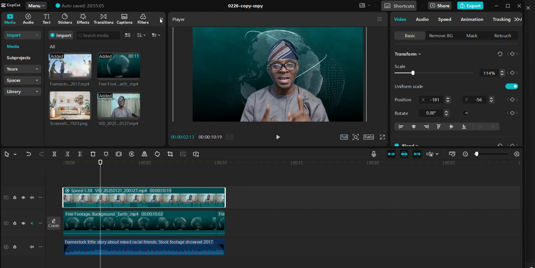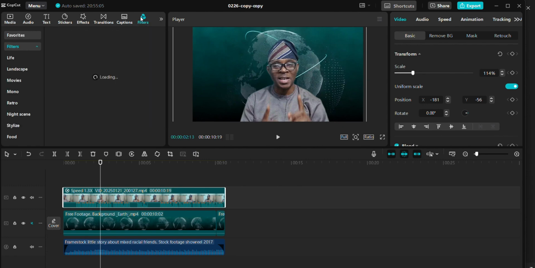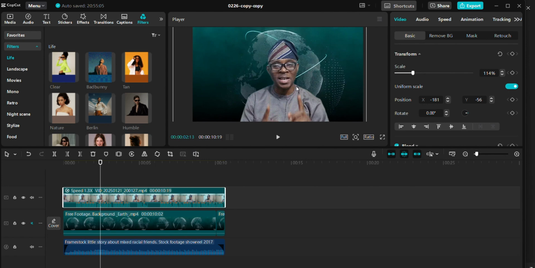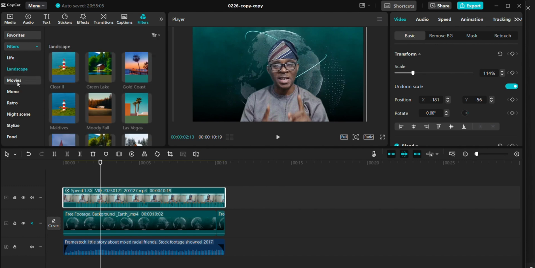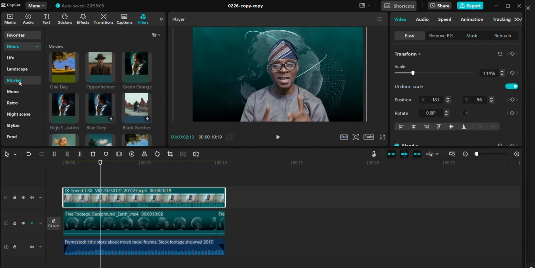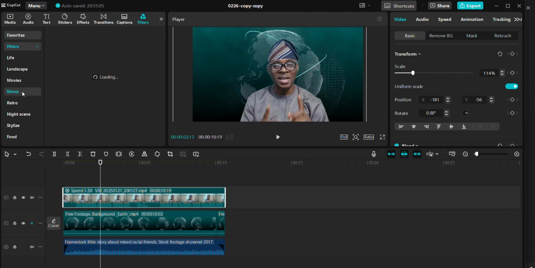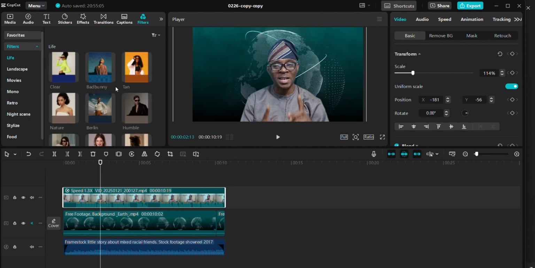I can do filter. Let's go and I want to filter it. Let me check, is the filter beautiful? I can filter it so that it can look good. You can see I have different types of filters. I'm currently on lifestyle. I have this landscape, I have the movie. If I want to make it cinematic, and it continues in that order, mono and the rest of them. But let me go back to that lifestyle and probably pick